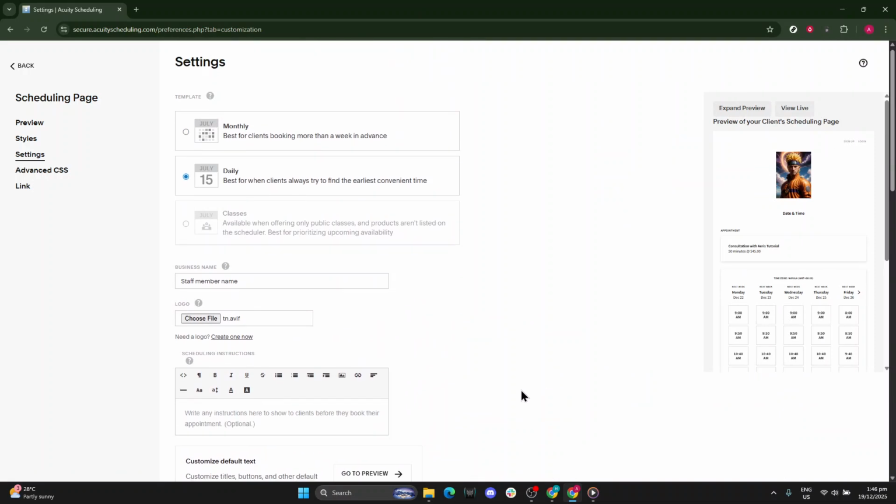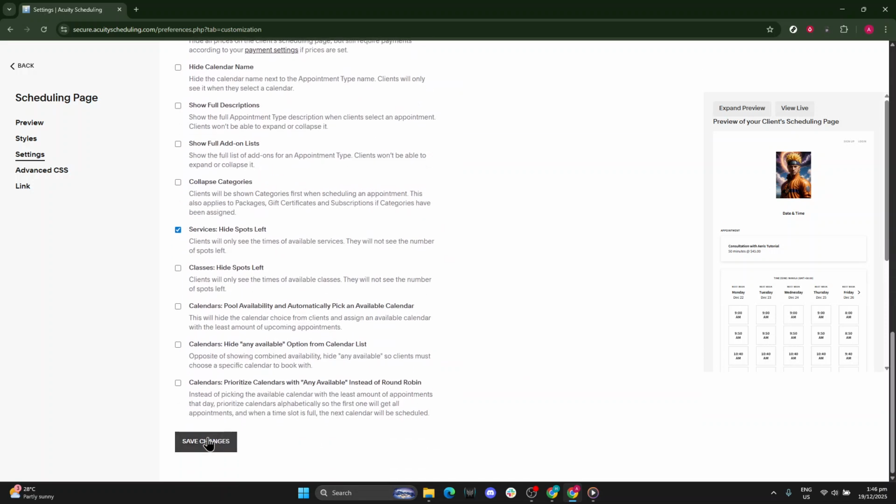When everything looks good, finish by clicking Save Changes. This step commits your updates, and you should see a confirmation or an updated preview on the page. That's all there is to it. Your logo is now in place and properly